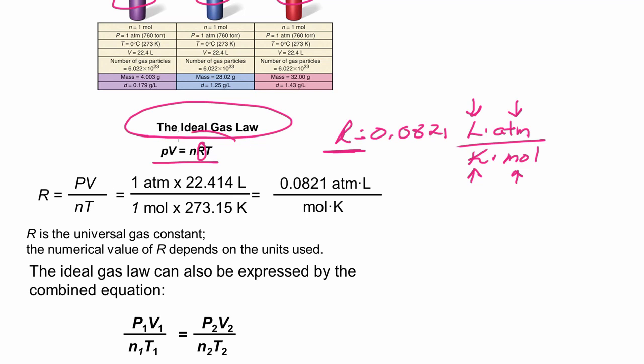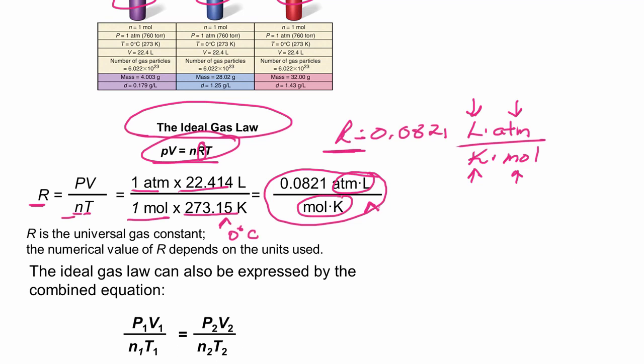What we do is we solve the ideal gas law for R, and that would be pressure times volume over number of moles times the temperature. So at standard temperature and pressure, we have a pressure of 1 atmosphere, and the temperature is 273.15 Kelvin. That corresponds to 0 degrees Celsius. And we know that 1 mole of gas occupies 22.414 liters. And we calculate that, and this is what we get. So this is the one that I use. This is the one I'll give you on an exam. Always make sure that your units